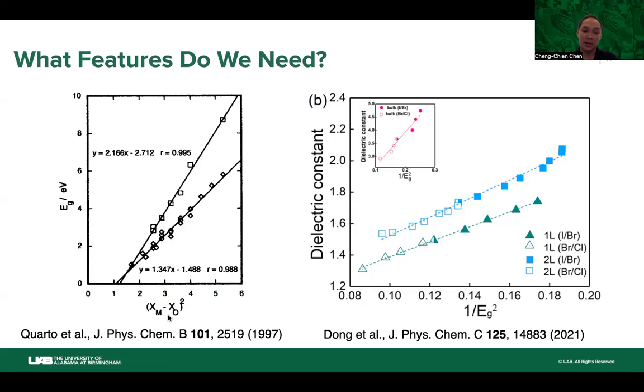This means that if you can compute the electronegativity difference for a binary material, then you can fairly accurately predict the electronic band gap. But also we know that the band gap is inversely proportional to the square root of the dielectric constant. So if you know the dielectric constant of materials, you can also fairly accurately predict the band gap. Of course, the electronegativity difference and the dielectric constant are not independent, they're correlated, because they are also correlated with the electronic band gap.